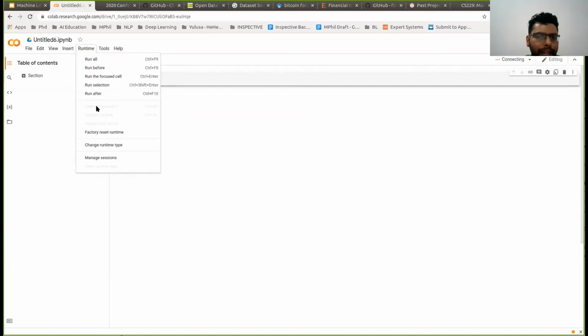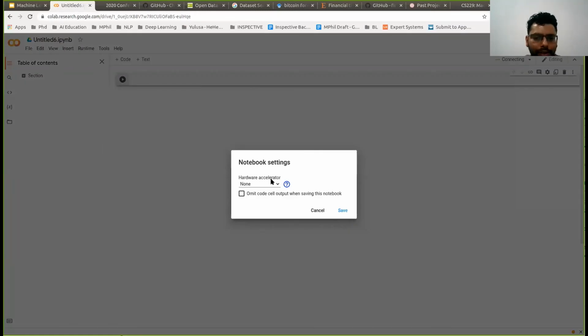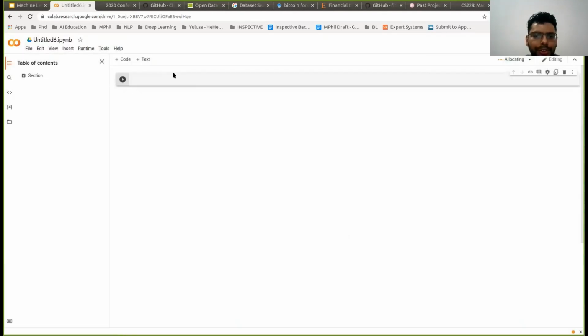If you go to runtime and then change runtime type, there is something called GPU and TPU. GPU will be enough. So you can select the GPU and save it. So whenever you run this notebook, it will be running on the GPU in the cloud. So it will not take your resources.